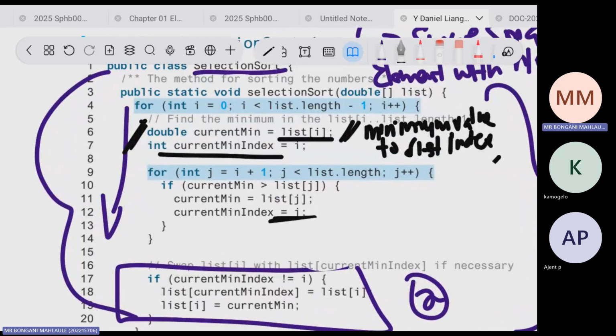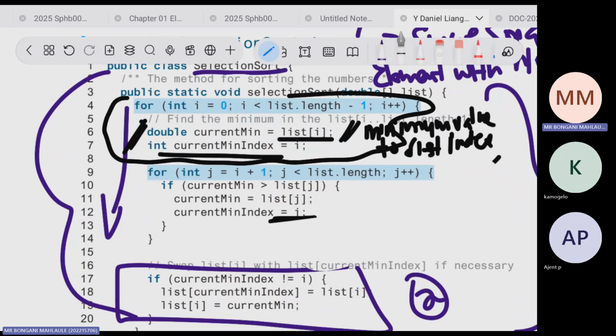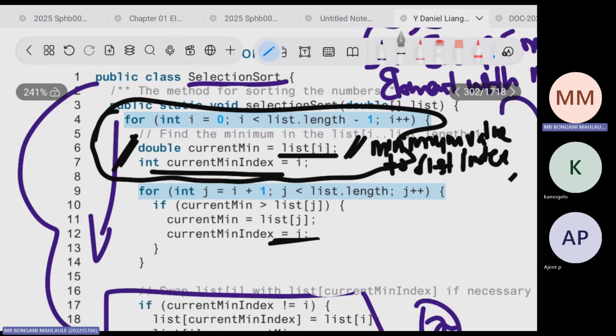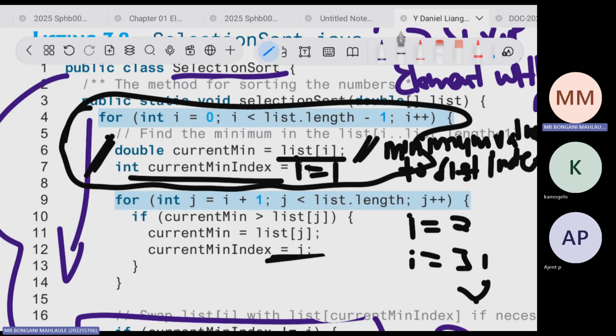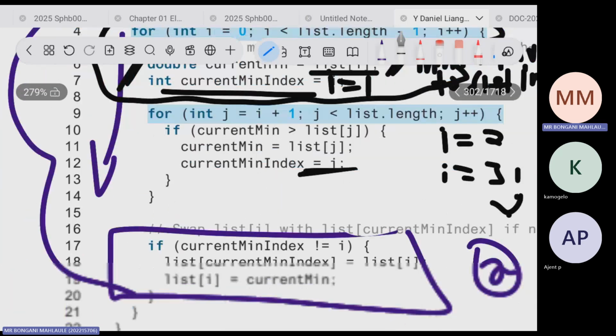Again, remember, this is a for loop as well. So the minimum index won't always be at position 0. On the next iteration, I will update to 1. I will update to 2. I will update to 3, and so on, until you are done comparing the smallest element with the next value. So it compares like this. Remember,